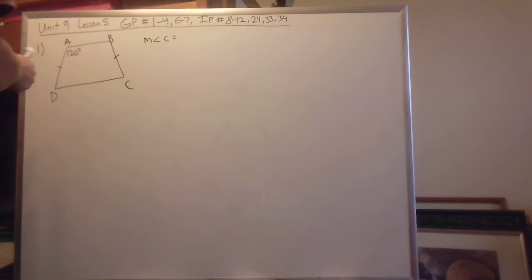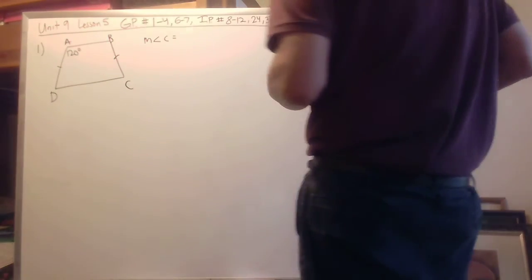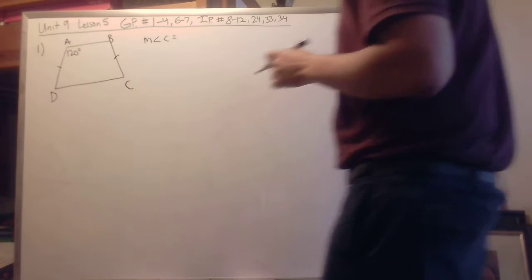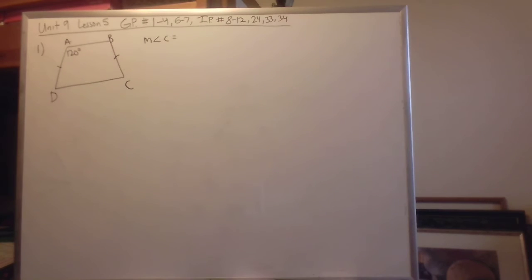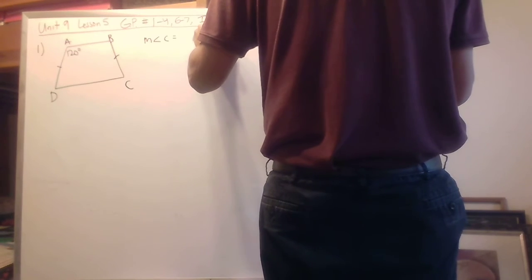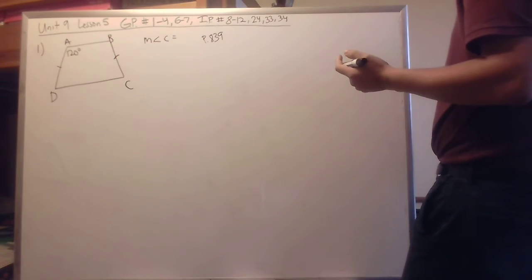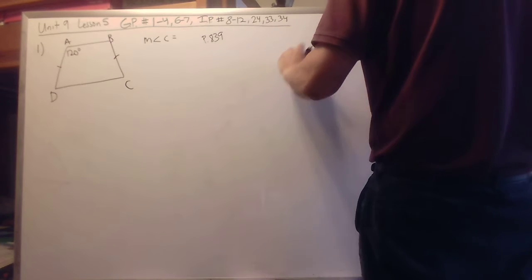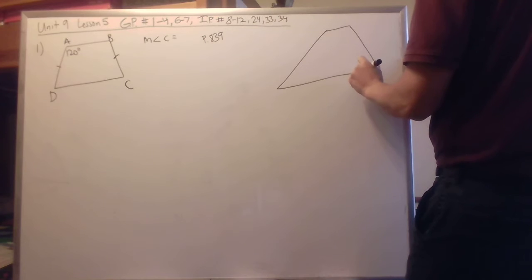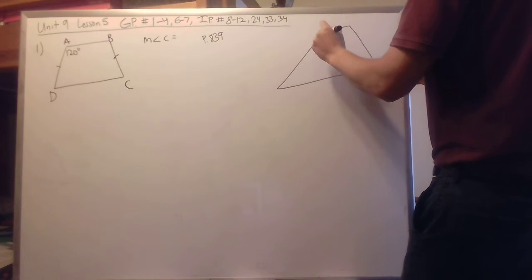So essentially, number 1, we have what's known as a trapezoid. A trapezoid has properties that I want you to pay attention to. There's a couple examples. This is from page 839. So from page 839, there are specific properties of trapezoids. So when we look at this example, this angle,